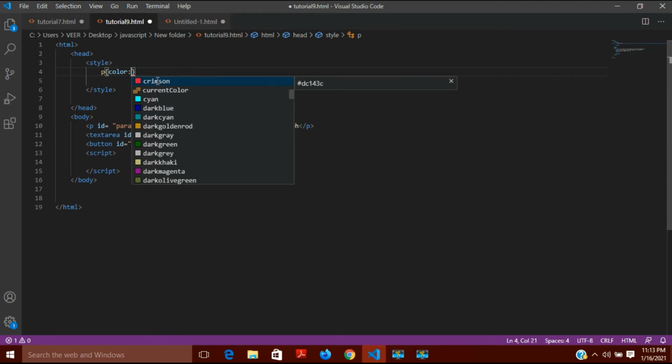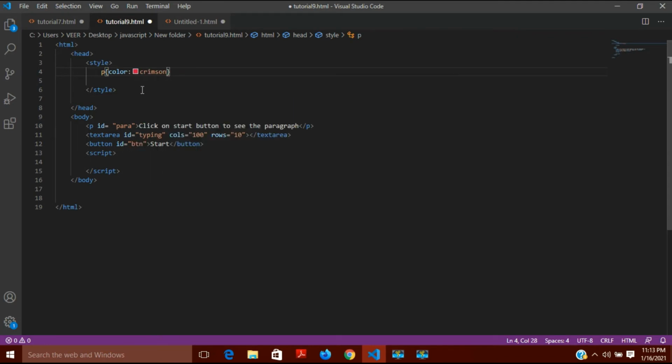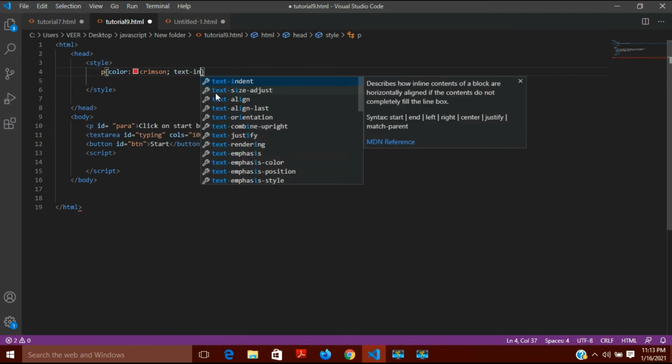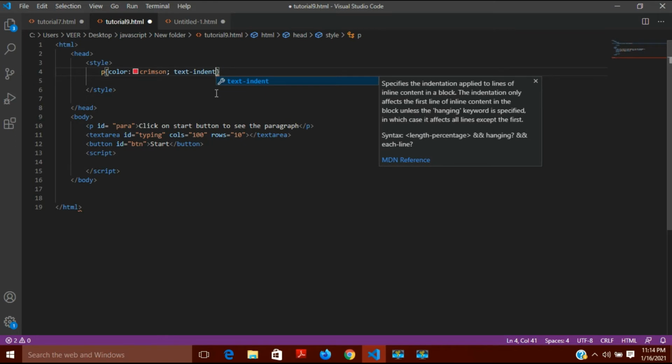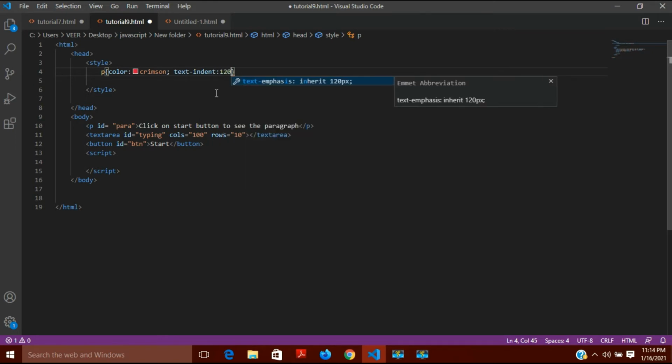For example, I'll give it this color, and I will put a semicolon. After that I want to shift the paragraph a little bit to the right, so I will write text-indent, and let's say it is 20 pixels.